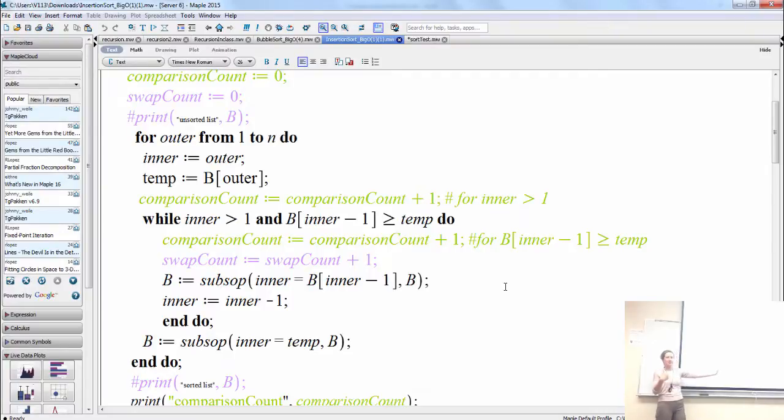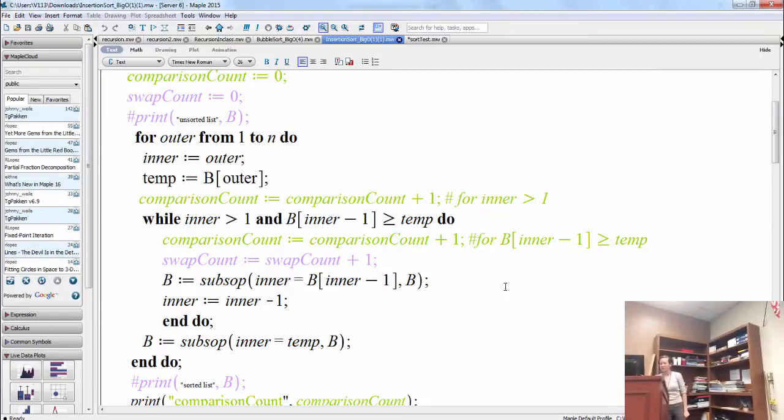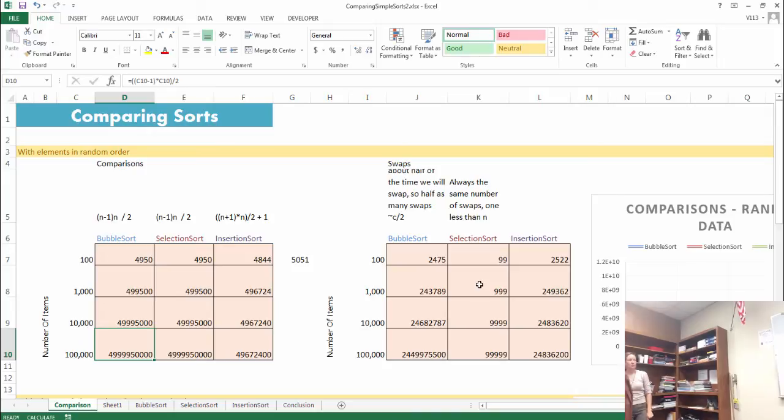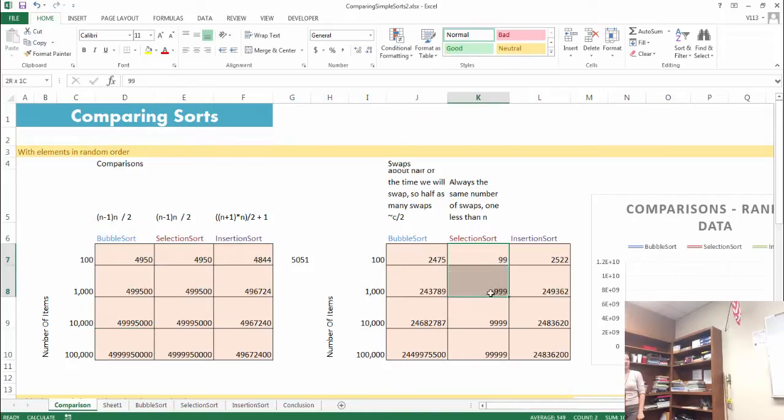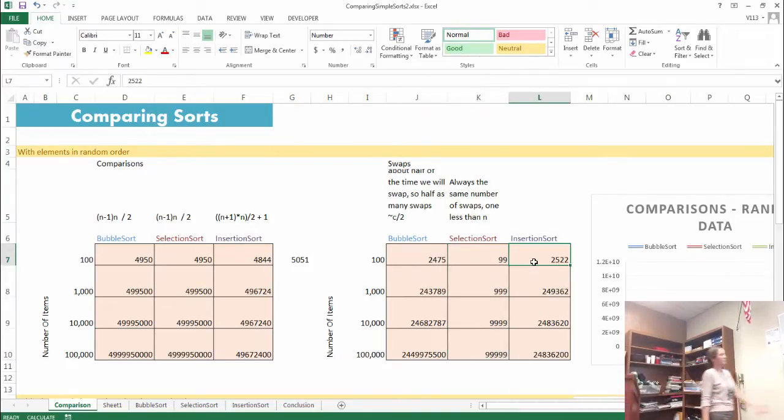A for loop is set in stone how many times you're going to loop. A while loop is not set in stone. It could differ. So sometimes this algorithm is more efficient than the other 2. Now it still does the swap within the while loop, which made it a little bit more inefficient still. But you were able to calculate those times. So remember that you are actually able to calculate these times. So think about it.